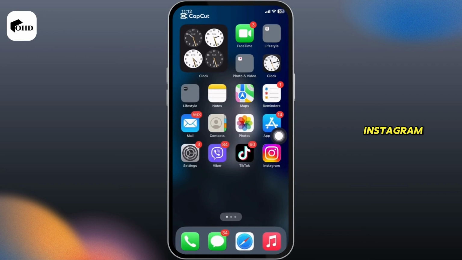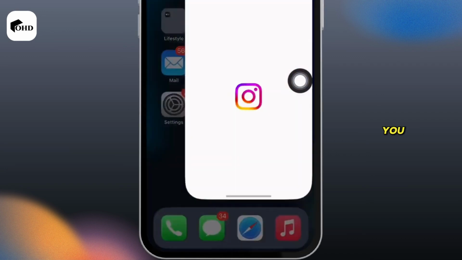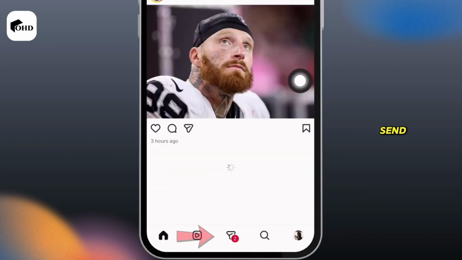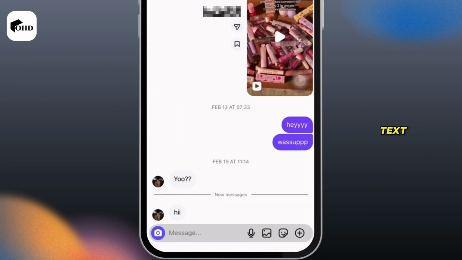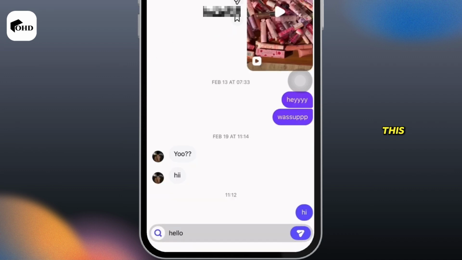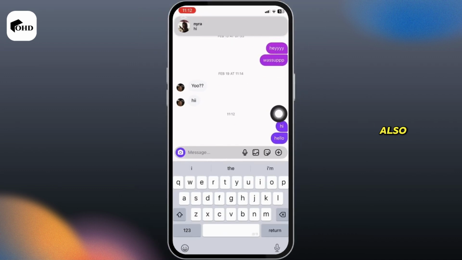How to fix Instagram DM not opening. You might be in the position where you are trying to send a message to one of the person, but whenever you send a text, the message is not being sent to this person. If you're also facing this issue, then in order for you to fix it, what you gotta do is simply